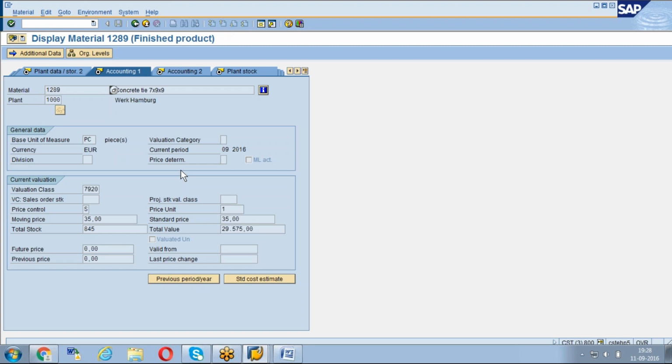All 1 series are receipt related, goods receipt against PO, production order and all those things. All 2 series are consumption, like goods issues. Issue against cost center, issue against production order, issue against project.